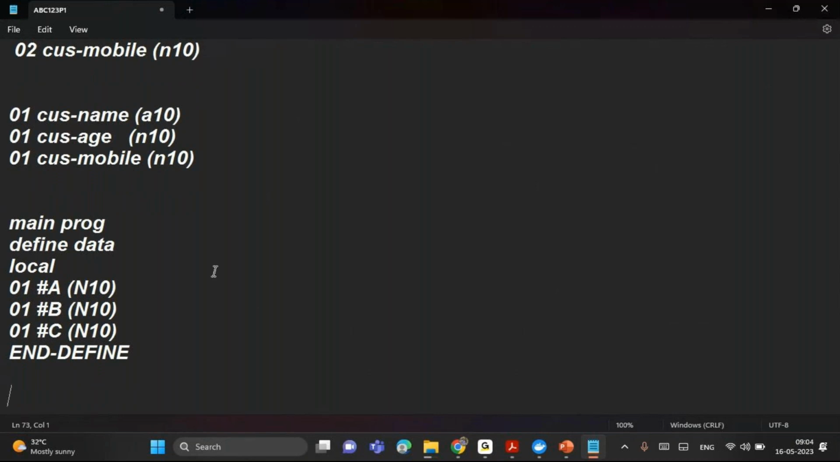When it comes to the main program, I have defined them as local variables. Local variable means I just defined them here. We can put them in the LDA also. These are the local variables. But when you go to the subprogram,